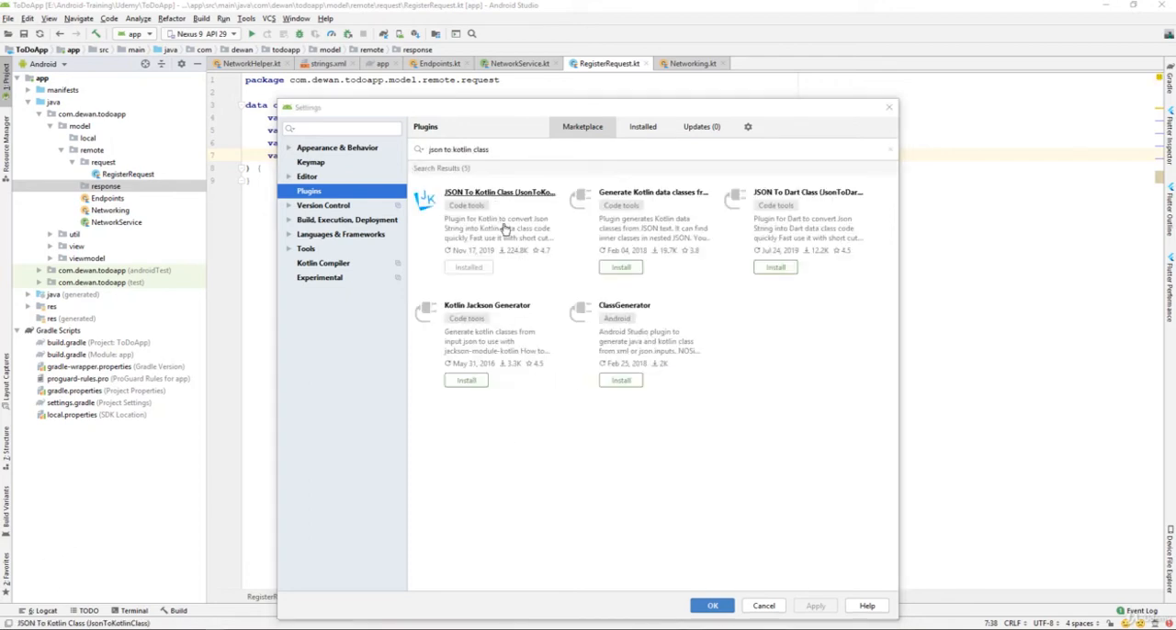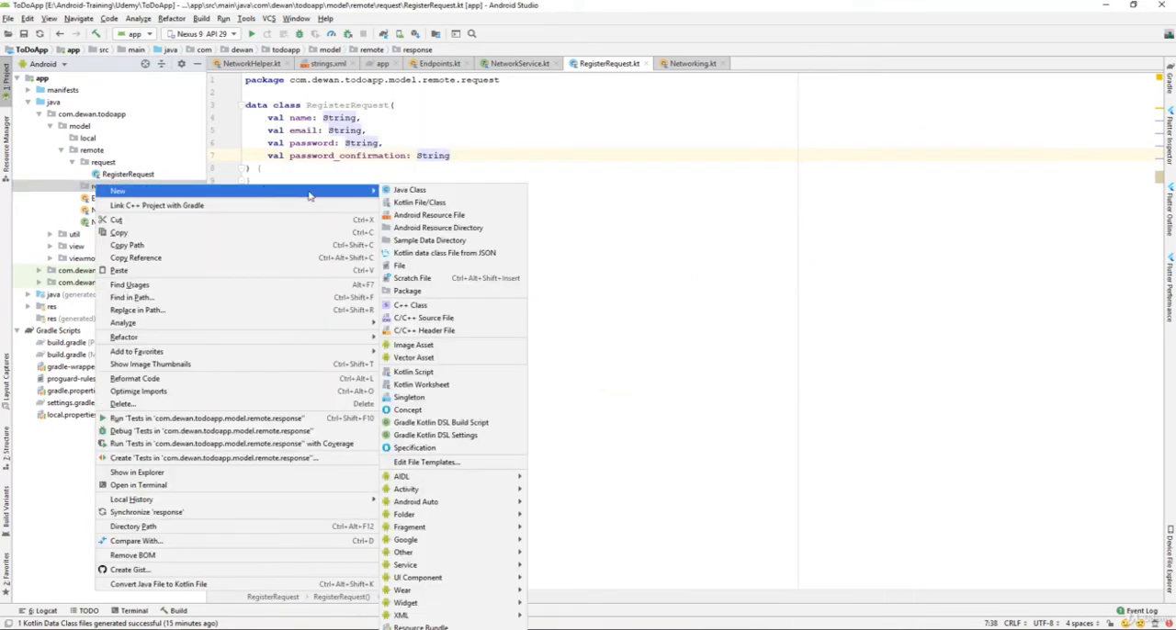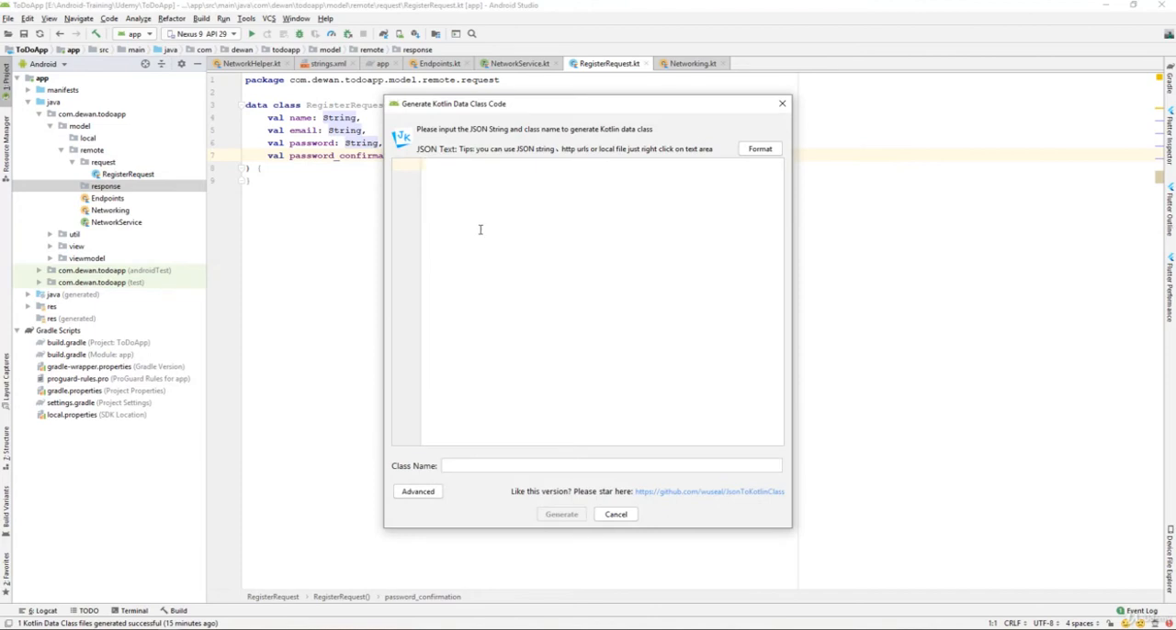Okay, it's finally able to search it, and you can see that I have already installed this JSON to Kotlin class. So you can just install that one. After you have successfully installed it, restart Android Studio, and when you right click we will have the Kotlin data class from JSON option. Just click on this one, and we'll paste the response that we're getting from the server, and we'll get the option to create a class name. We can just say